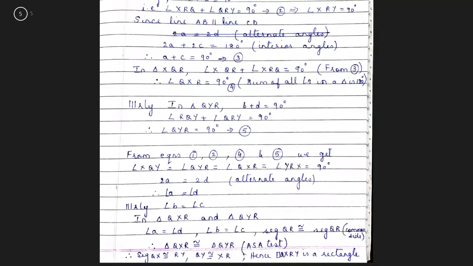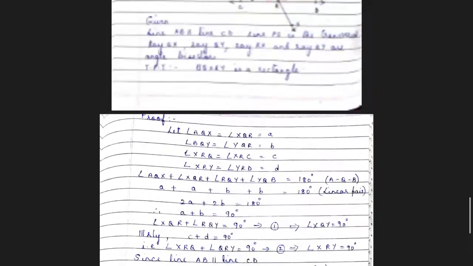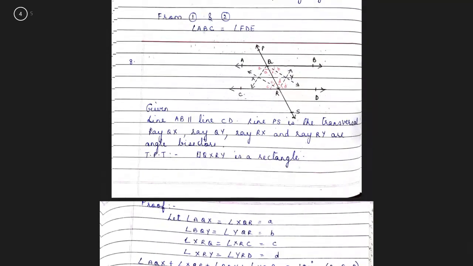Now, what I have explained to you, I have written in the last paragraph here. See, after proving all angles 90, 2A equal to 2D, therefore angle A equal to angle D. Same way, angle B equal to angle C. Now consider these two triangles. You have two angles congruent, you have a common side. Therefore, triangles are congruent by ASA test. Therefore, the opposite sides become congruent and therefore the quadrilateral is a rectangle. Now children, you will go through this once again properly with the figure. You will draw it, mark these angles, properly look at what I have explained and try to do it yourself to understand it clearly.